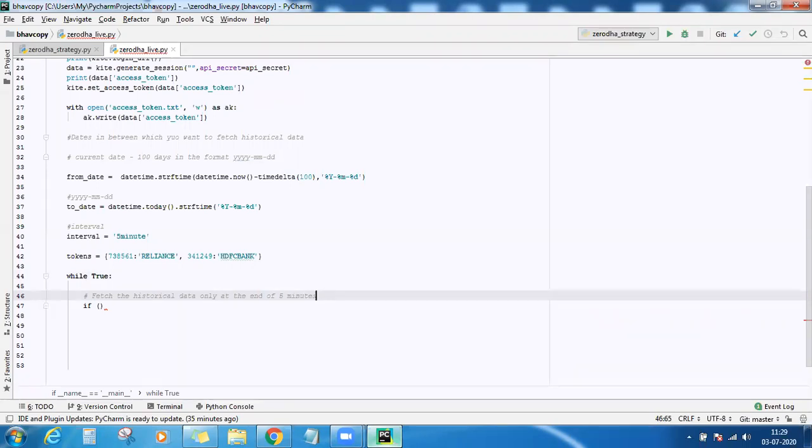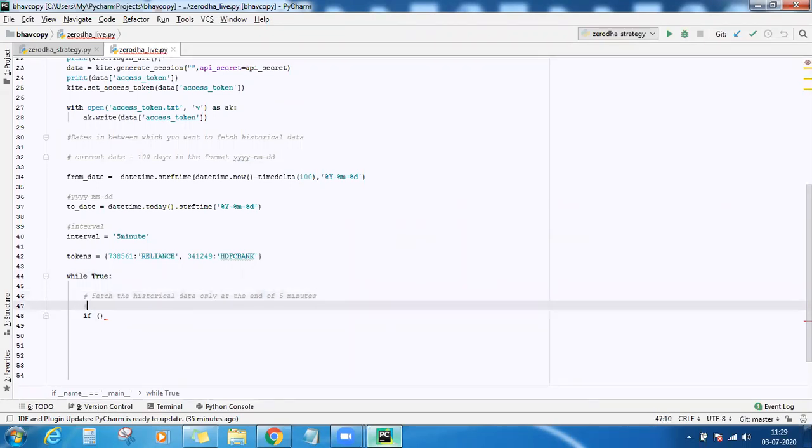So for that, the current second must be 0 and the current minute must be fully divisible by 5. That means the remainder should be 0.